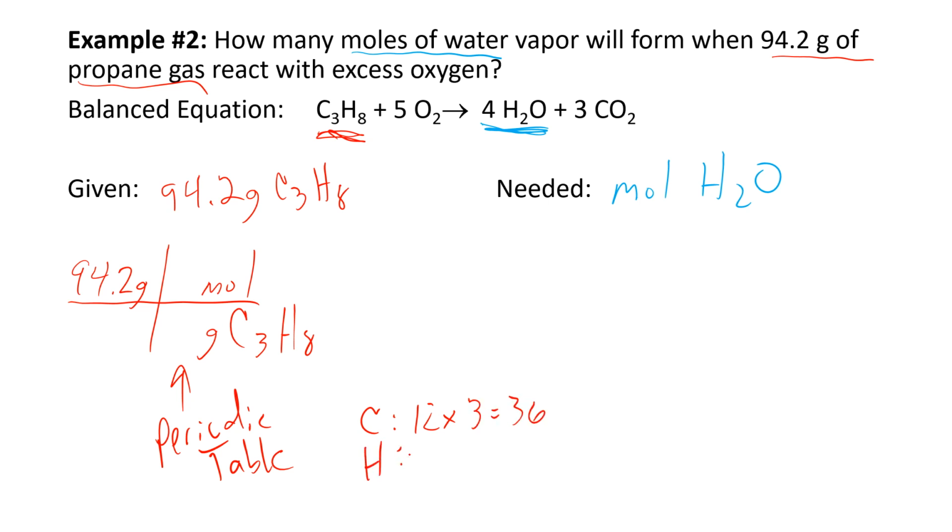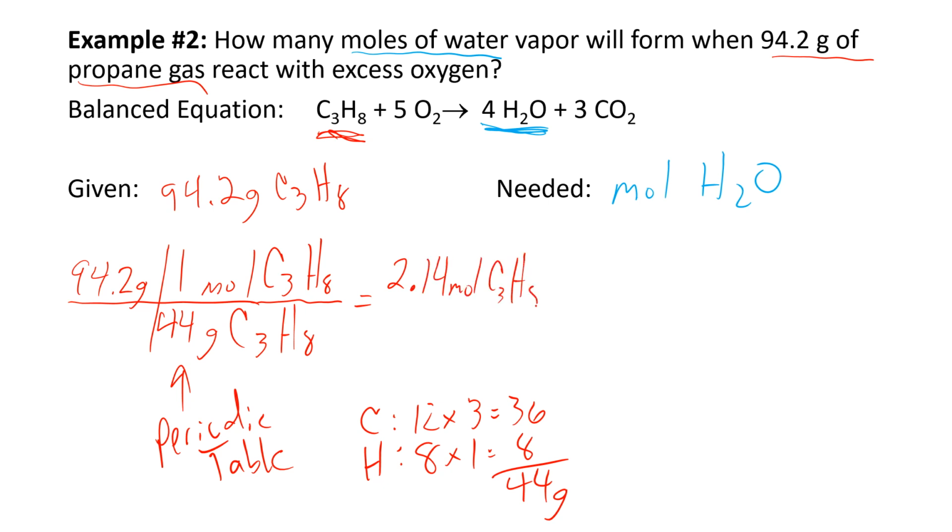And the H, there's eight of those, each one weighs one. So that's a grand total of 44 grams. So that's 44 grams in 1 mole of C3H8. So that gets us to the C3H8, which we now need. So if we do that out real quick, you'll see that's 2.14 moles